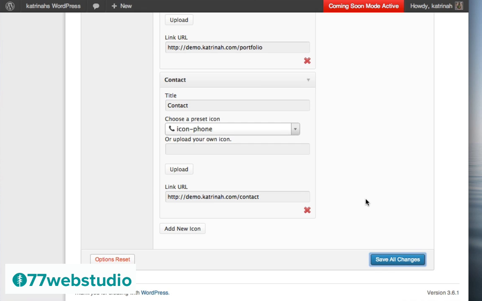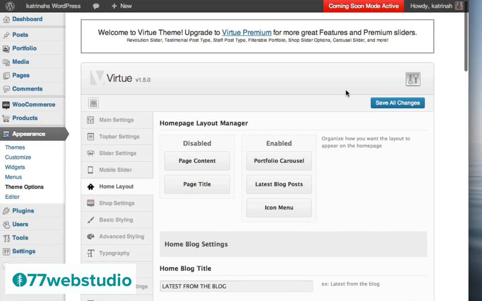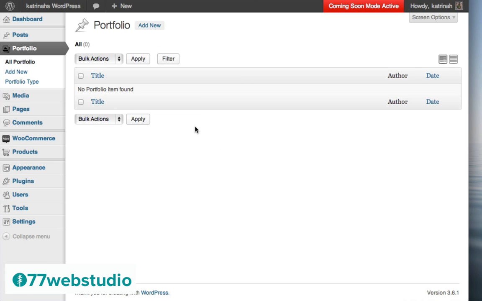So before taking a look at what the home page looks like now, let's first create the portfolio items and the portfolio page. So we've actually already created the portfolio page, so what we need to do is actually create the portfolio items for the portfolio page. So to add the portfolio items, on the left-hand side here, there's a link that says portfolio, so I'm going to click on that. And here we see we don't have any items added to our portfolio yet. So let's create the first one by clicking on Add New.